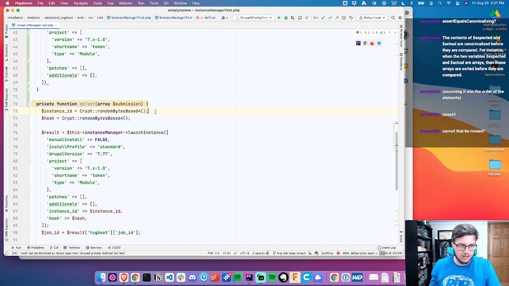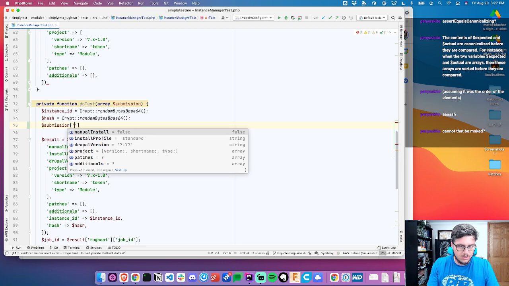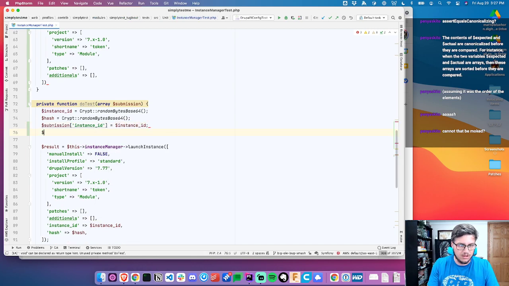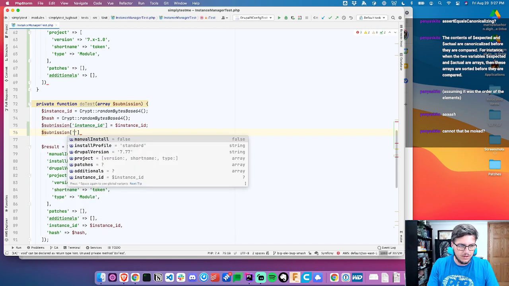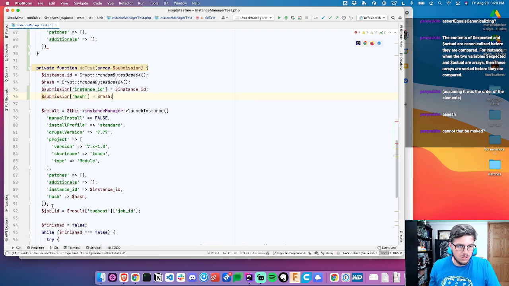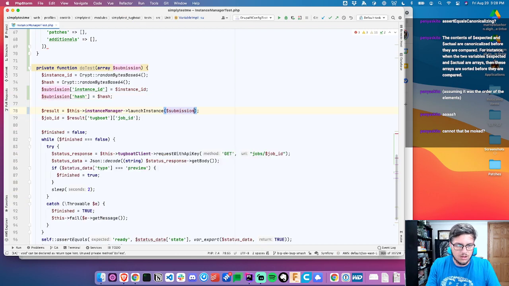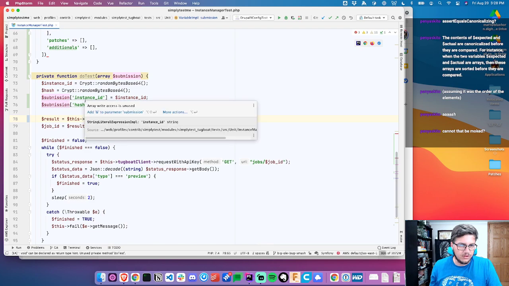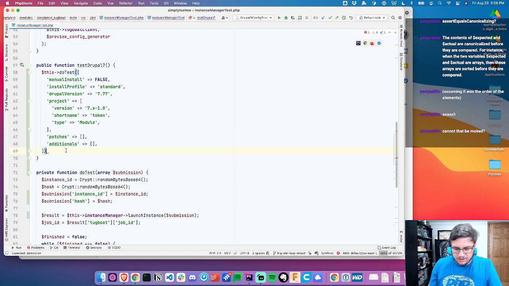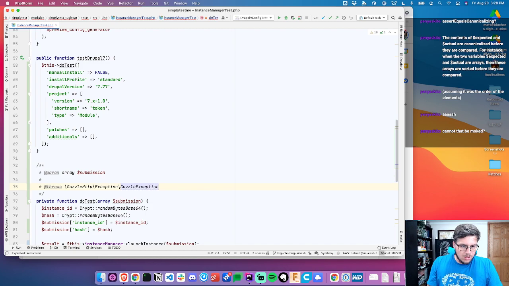So we'll say submission instance ID, submission hash is hash, and why is this giving an error? Array write access is unused. So the idea is here, let's just